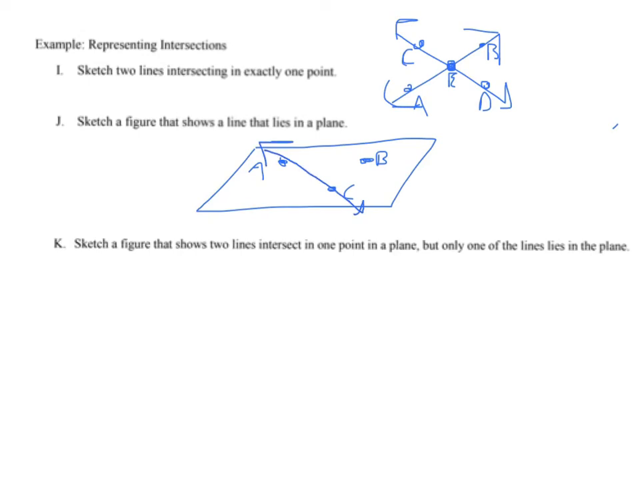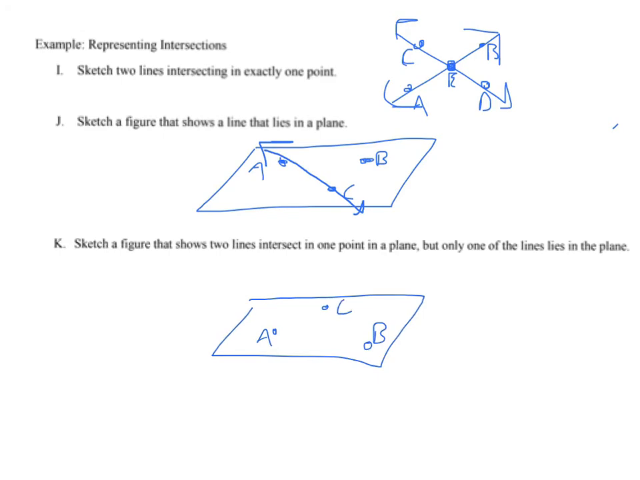Now the last question here says sketch a figure that shows 2 lines that intersect in 1 point in a plane, but only one of the lines lies in the plane. Now this is a difficult one. So first of all, I have to have a plane. I'm going to draw my plane. I'm just going to use simple stuff. I'm going to call it A, B,